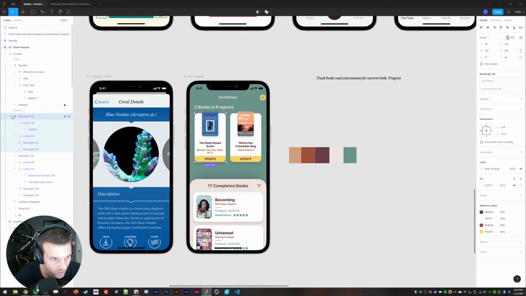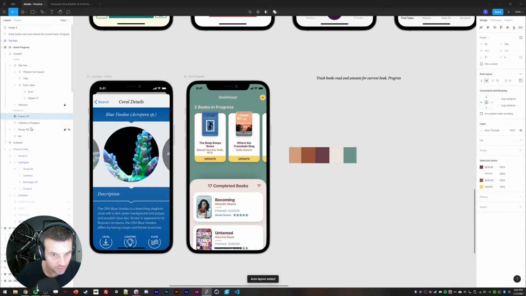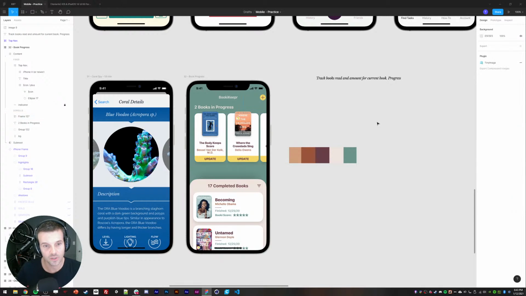You know what? I'm kind of thinking, we're at 33 minutes. We got plenty of time here. I'm kind of thinking that we put another one of these in. Put them over there. Auto layout these guys. Now we could have multiple books in progress and it's a non-issue. That's cool. Now we need something to